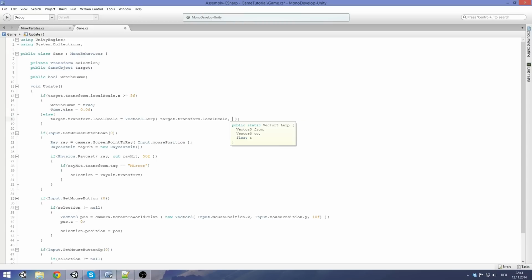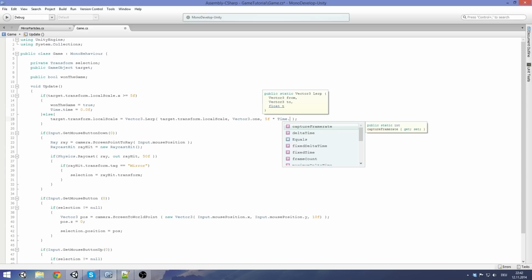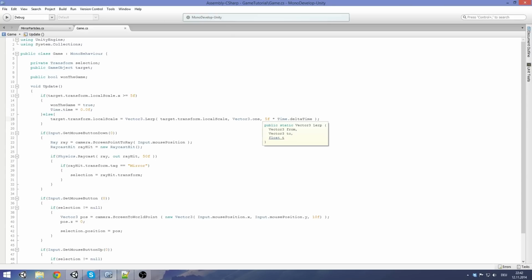So we're going to use the local scale as our current position, and we want to lerp it to Vector3.one, which is the original 1,1,1 scale. And then we have to define the speed, and I think 5 times Time.deltaTime should be fast enough. So now that we got this going,